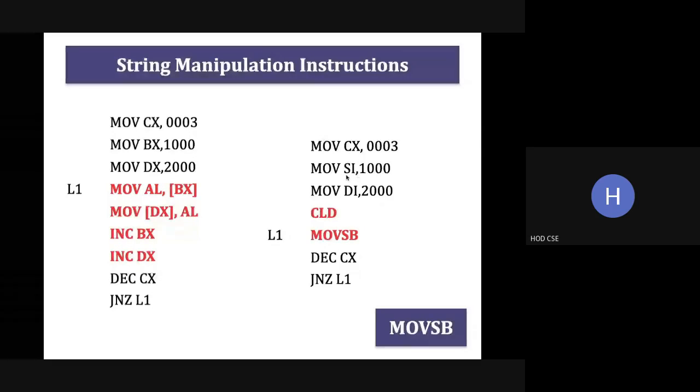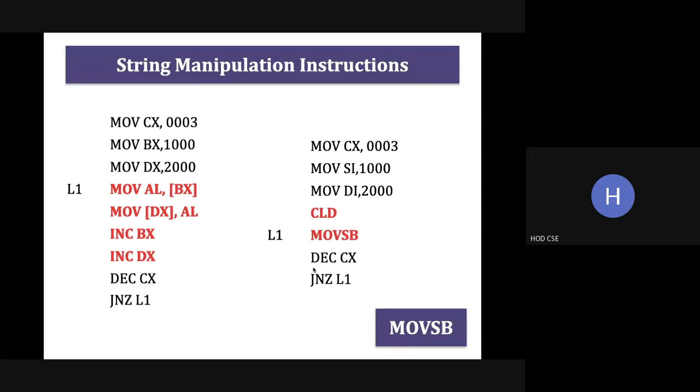SI must contain the source address, and the destination index register DI must contain the destination offset. CLD is clear direction flag. It decides whether we increment the address and fetch the data, or decrement the address and fetch the data. Move string byte will automatically move the data from one location to another.